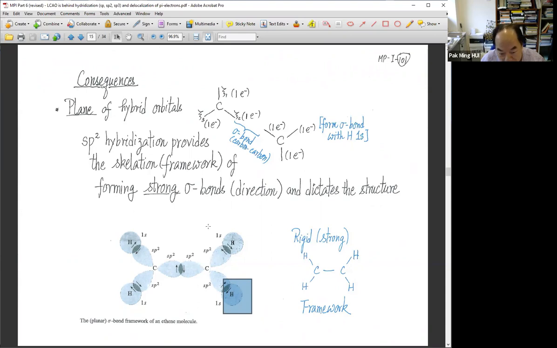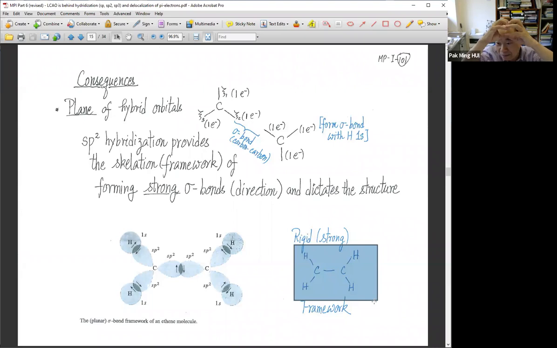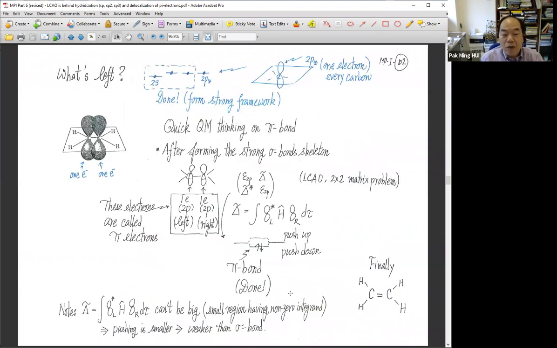You can think about this as another 2x2 matrix. Since the charge are now focused, this pushing will be stronger, gain more energy. So you have this, all right? So now at the end, this framework is formed and rather strong because the overlap is big. So now the remaining thing is to take the framework, turn it over, and there are still the PZ orbitals